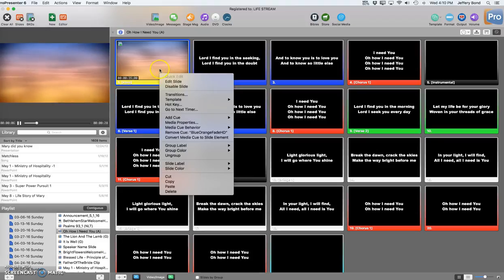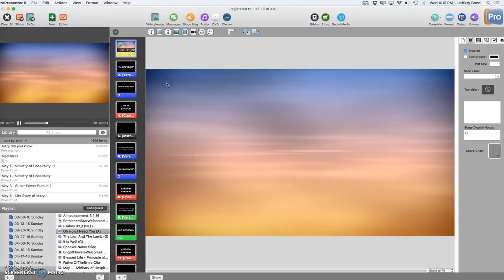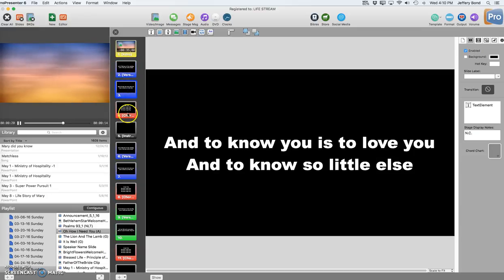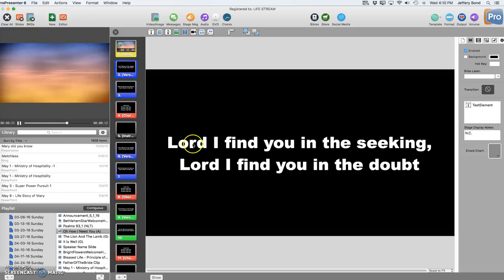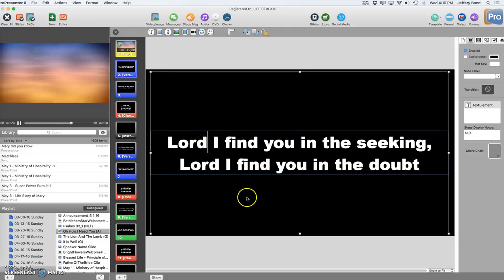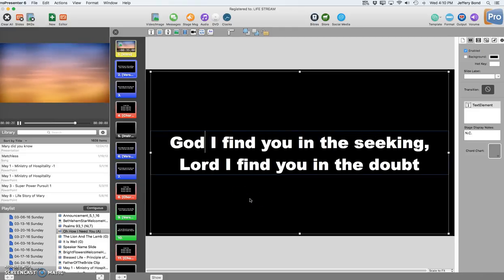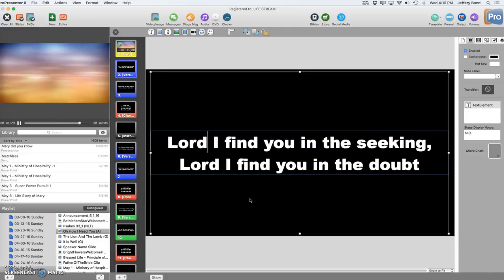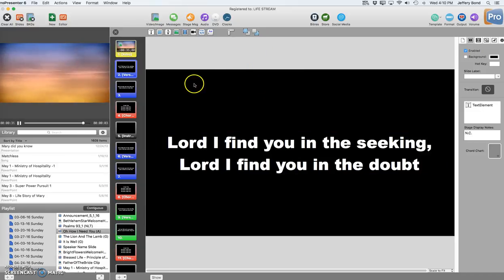We're going to right click on the slide again, and you just go into Edit Slide. That pulls up this whole other box where we're in editor mode now. What you see right now is the actual slides that the congregation sees. If we wanted to edit those, we'd go in here. We can click it and change it. Maybe this word is supposed to be God. We go back, put God. It's actually Lord, so we're going to leave that. But we're going to talk about